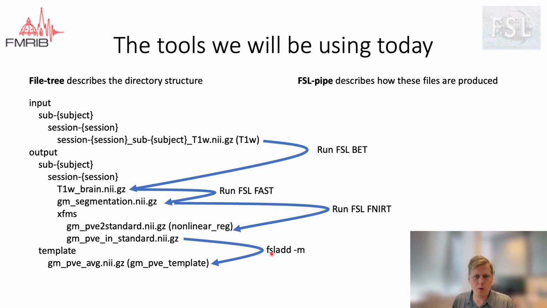As we will see in the practical and in the remaining two talks, where I will discuss in more detail first FileTree and how we can use FileTree not just as an input to our pipeline, but also to visualize our pipeline results within Fossilize. And then in the third talk, we will look at how we can use FSL Pipe and minimal programming within Python to define all of these individual jobs and get a fully functional data processing pipeline. See you in the